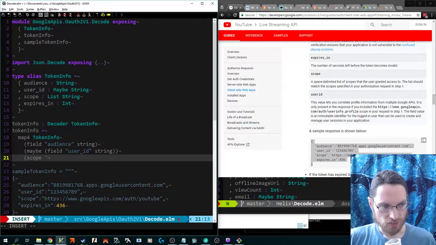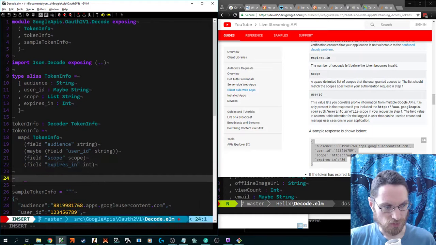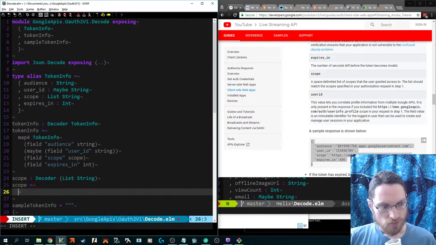Scope as a field scope as a... I'm going to want a custom one for that. Field expires in int. And scope is a decoder of list string, which decodes a string